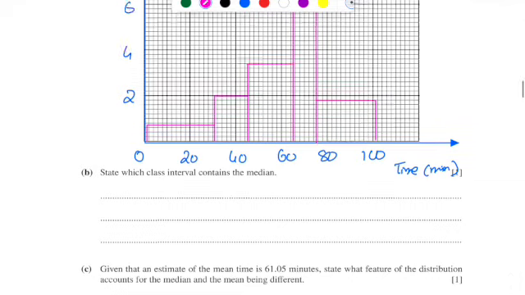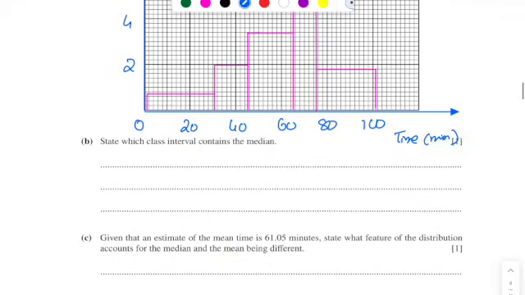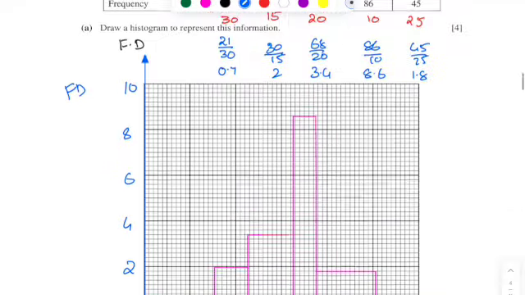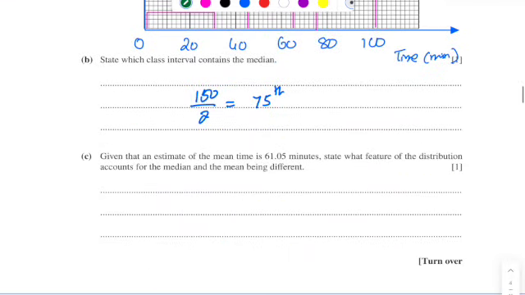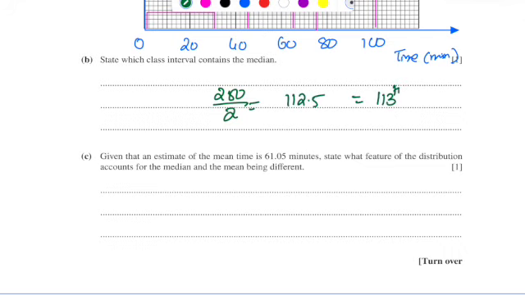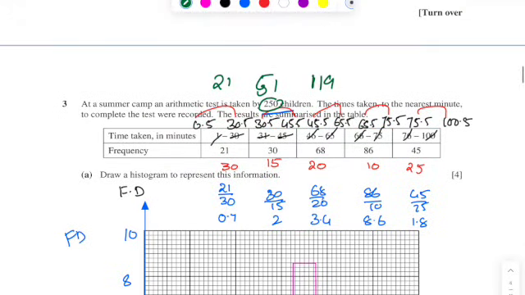State the interval in which the median lies. Median means nothing but the middle number. So 150 divided by 2, the 75th observation. Where is the 75th observation? So we will be writing the cumulative frequency: 21, 51, 51 plus 68 is 119. But this is 250, not 150, so I make a correction over there. 250 divided by 2 is 112.5, which means the 113th observation. Where is the 113th observation? So obviously it will be coming in